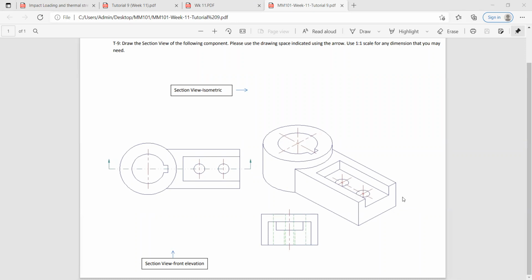Okay, going back to discussing the project. Group leaders, are you guys happy with the progress that your group is making so far? Ideally, at this point, you guys should be wrapping up your detailed drawings, doing the final finishing touches, making sure that you have got all the detailed drawings that you need. Okay, at this point, end of week 11, that's where you guys should be up to,